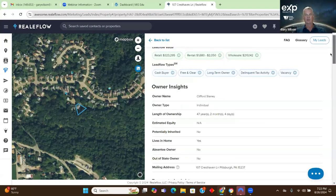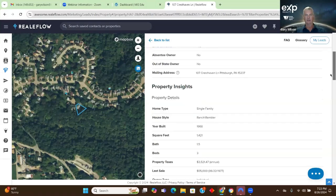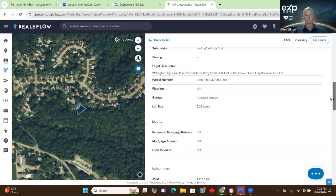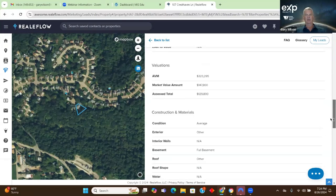Okay. So, in any case, we go into the owner highlights. They've owned it 47 years. I think this guy's ready to sell. Okay. In any case, single family home, I think I saw is a 3 bedroom, 1.5 bath. Property tax is 3,500 a year. Last sale, he bought it for 55,000. Good Lord. In any case, all kinds of property highlights. Then you get into zoning and legal stuff. The valuations,